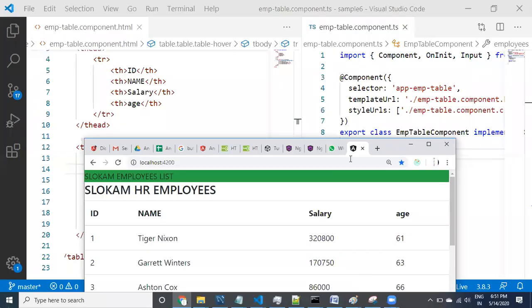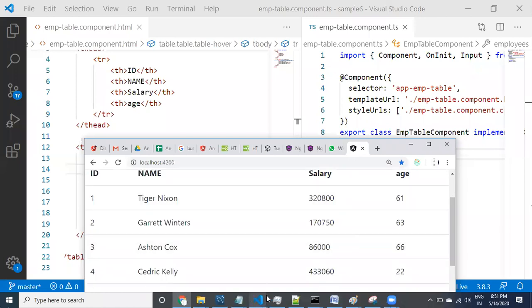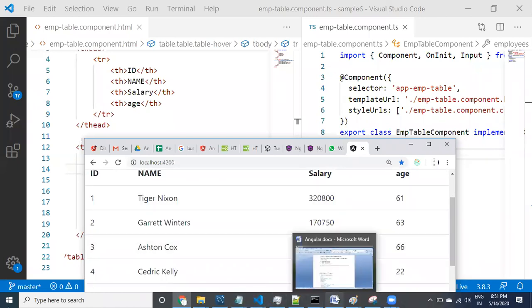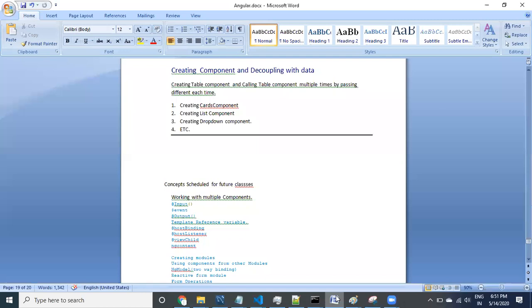I will give you the notes. So now come to here. The first step is the click event.